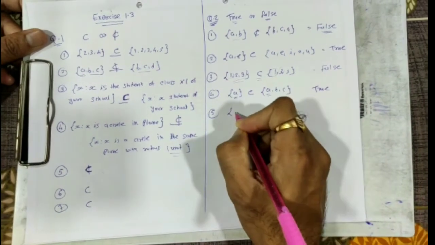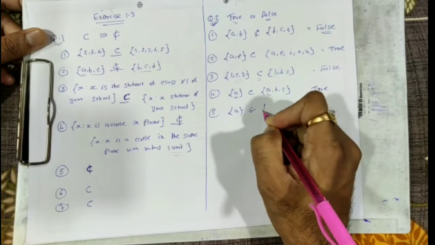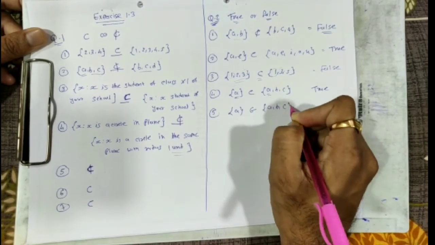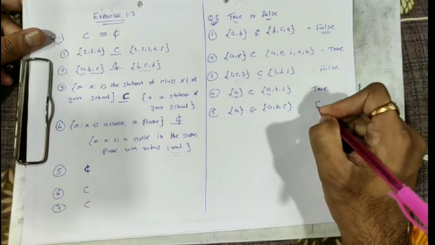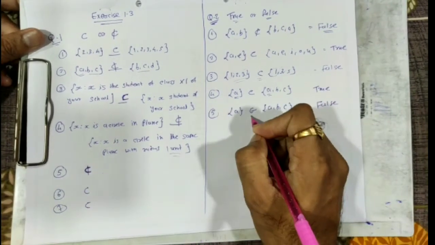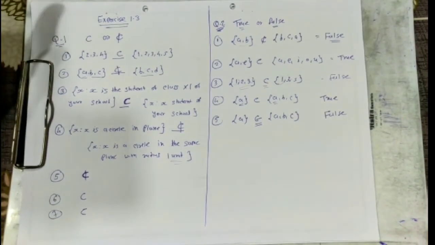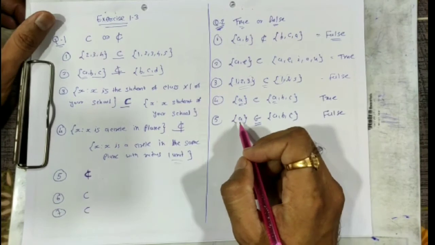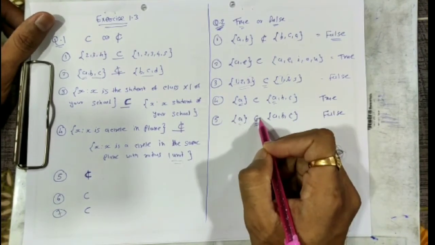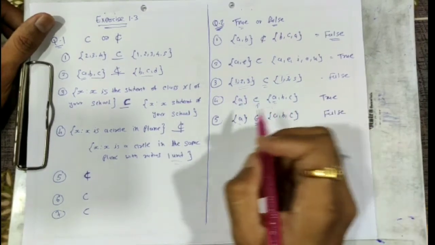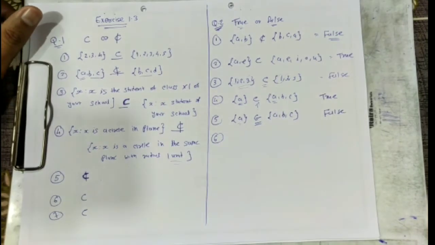set A belongs to A, B, C. कल ये हमने डिस्कस किया था, है ना? This one is false, है ना? Belongs to sign is used to give the relationship between any element and set. So here we can't say that this set A is the element of this set, है ना? यहाँ पर कौन सी साइन होनी चाहिए? ये सबसेट वाली होनी चाहिए, belongs to नहीं होगा. That one is false. Sixth one,